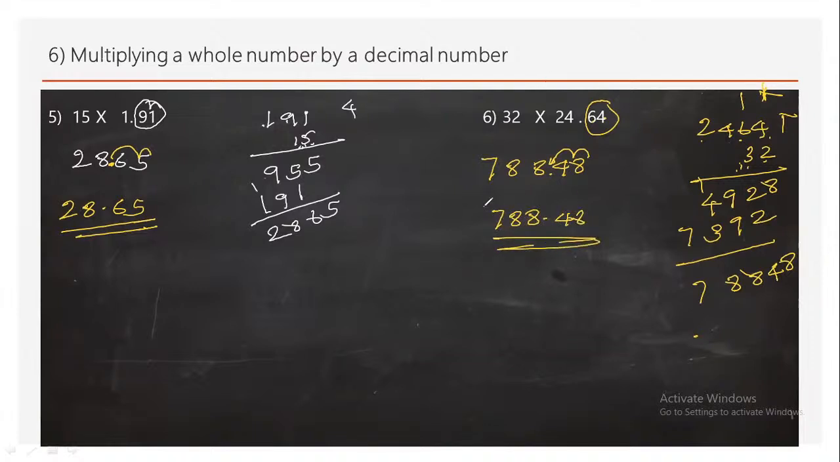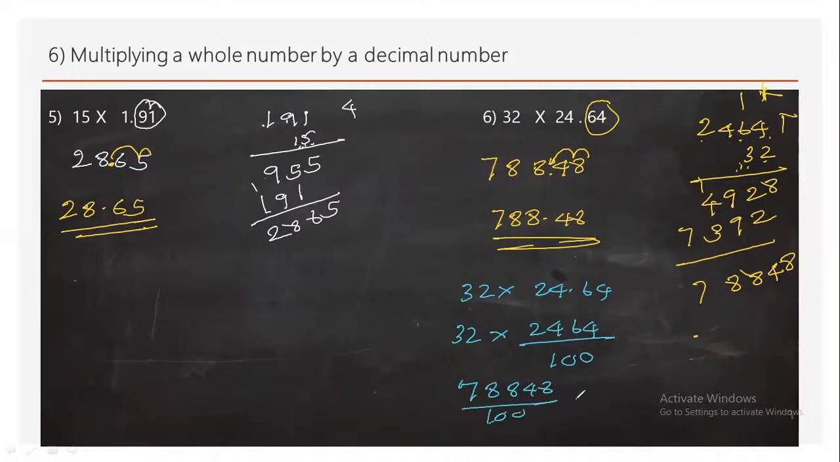You can even do it by another method. I will explain it a little bit again. 32 into 24.64. 2 decimal places here, so 2 zeros below the line. 32 into 2,464 over 100. Then 32 into 2,464 means 78,848 divided by 100. Then 2 decimal places,